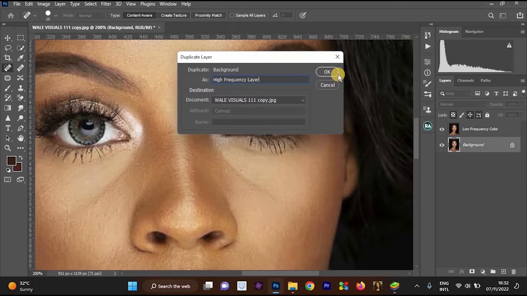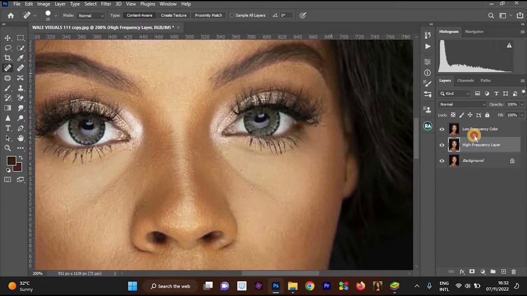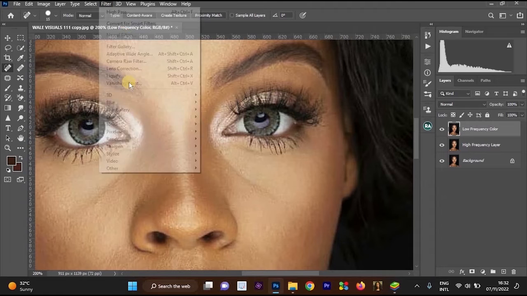So once I'm done renaming it to high frequency layer, I'm just going to click OK. Now I'm going to drag this low frequency color layer below this high frequency layer. Before you drag it below the high frequency layer, you have to click on the low frequency color. Once you click on it, you go to filter,